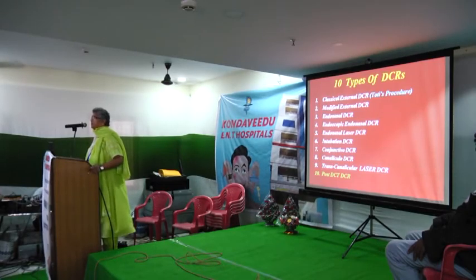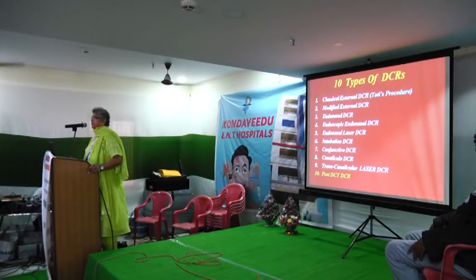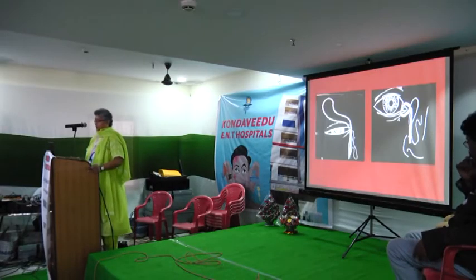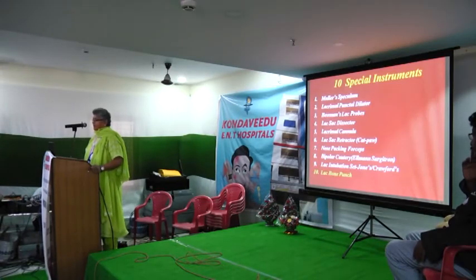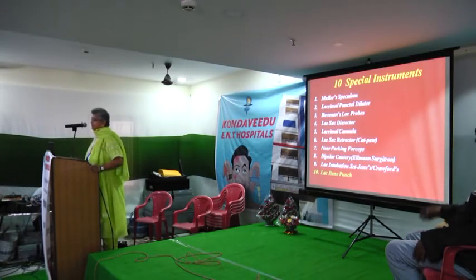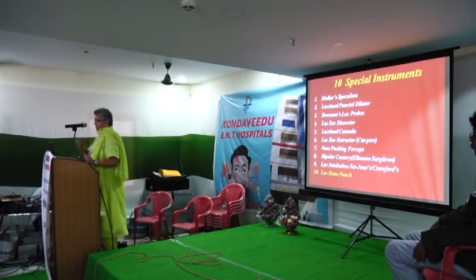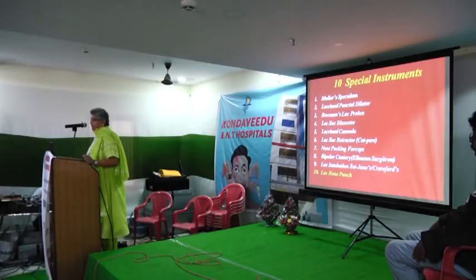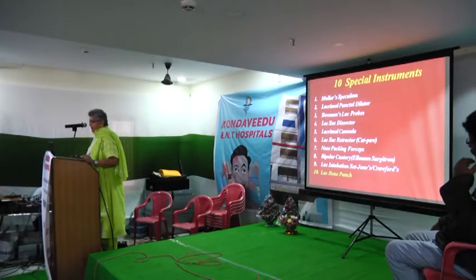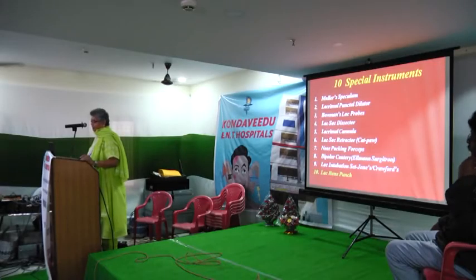I just told you, one third of the sac is sufficient for me to repeat the surgery in a DCG, so-called dacryocystectomized case. So this is the intubation DCR where you are seeing bicanalicular intubation being done. So coming to the 10 special instruments: Muller speculum, which I showed you, with 2 to 3 teeth each side. There is a unique instrument used only for DCR surgery. Lacrimal punctal dilator, Bowman's lacrimal probes, lacrimal sac dissector, lacrimal cannula, lacrimal sac retractor, Kappa I will call it, and